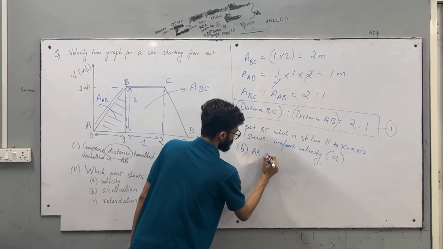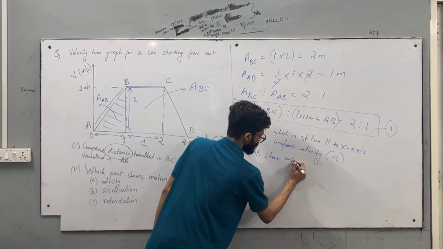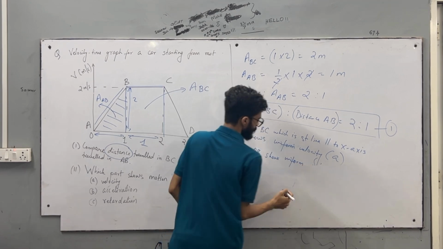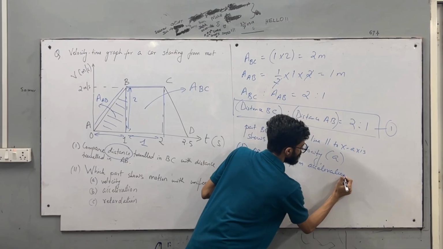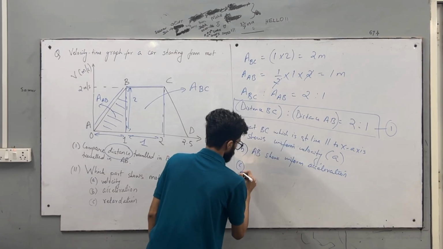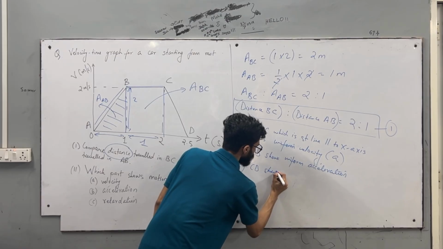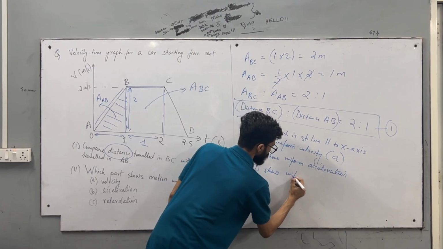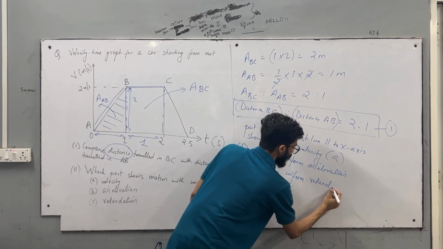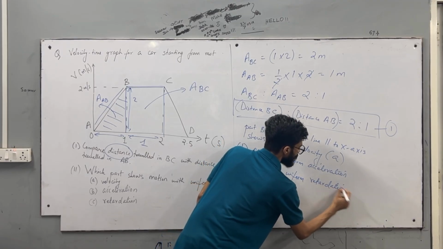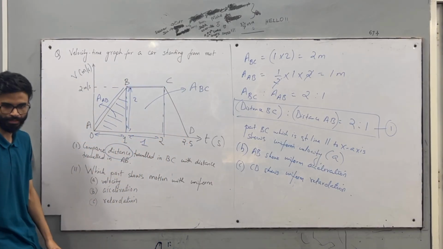AB shows uniform acceleration and CD shows uniform retardation. बढ़िया चलेगा इस कॉपी